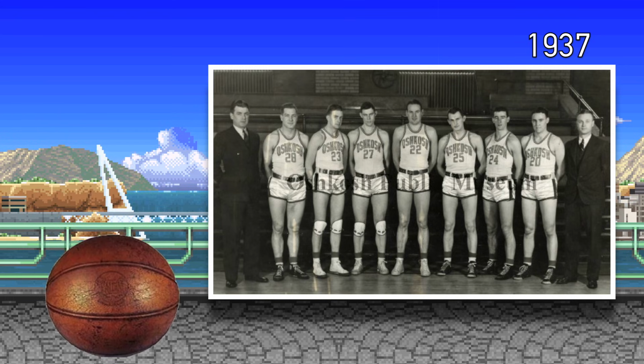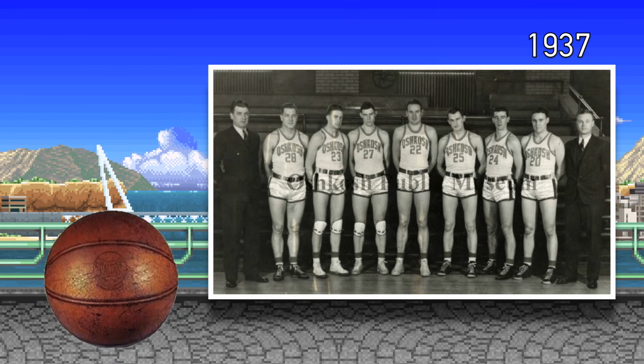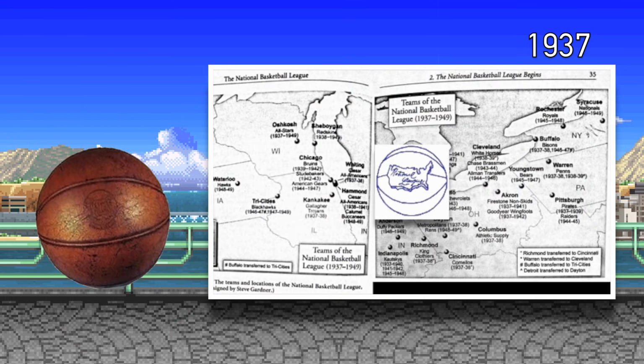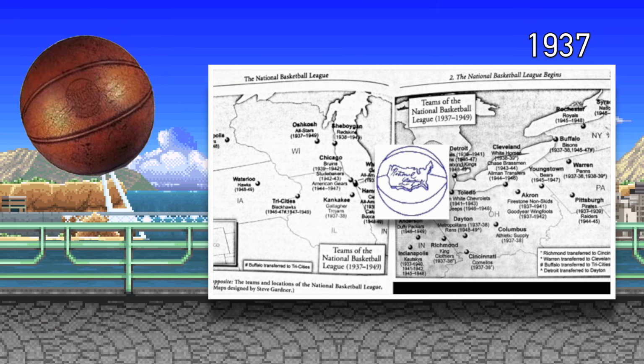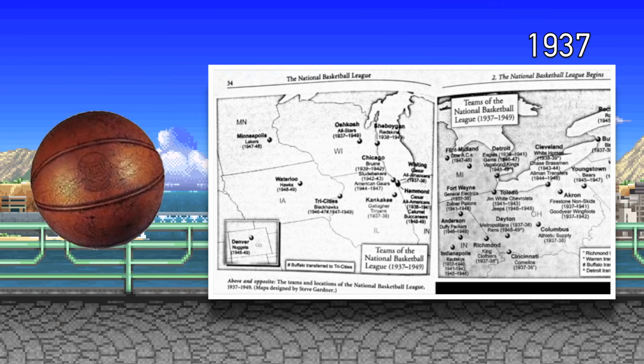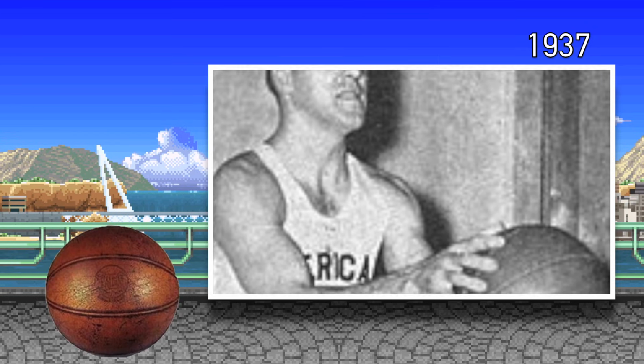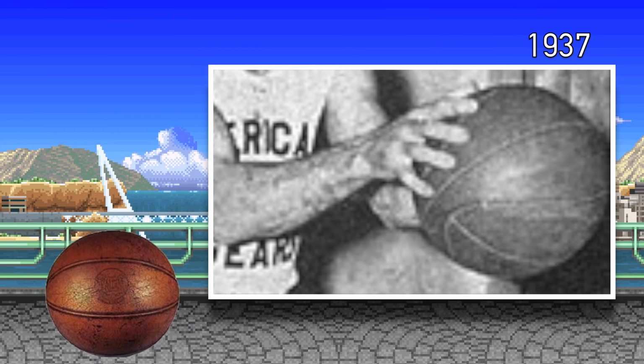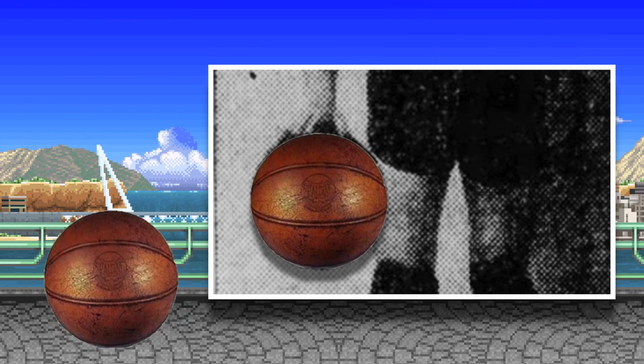As the years went on, basketball got so popular it was able to have its own league formed around the sport. And in 1937, the NBL, or National Basketball League, was formed in the United States, and they needed their own NBL ball. This ball was no longer built like a pigskin football, as the laces are removed for optimal